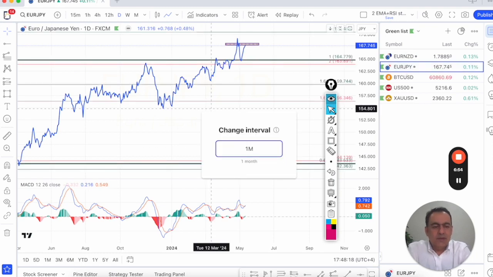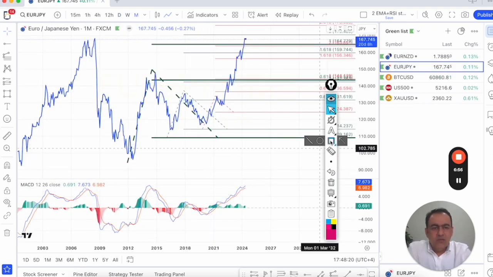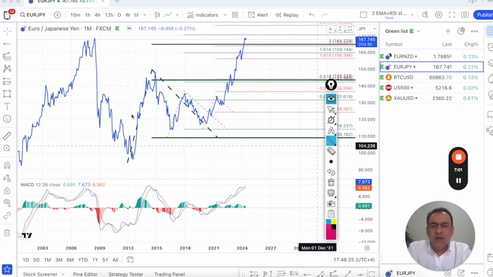Now here I'll be switching to a monthly chart again, and what I've done here, I have marked the Fib extension on multiple bullish cycles. So I've marked first Fib extension here, then based on candles I've connected the second Fib extension, and then I've connected the third Fib extension in the bullish direction. So currently EURJPY has reached an important confluence of resistance and completion of multiple Fibonacci bullish cycles at